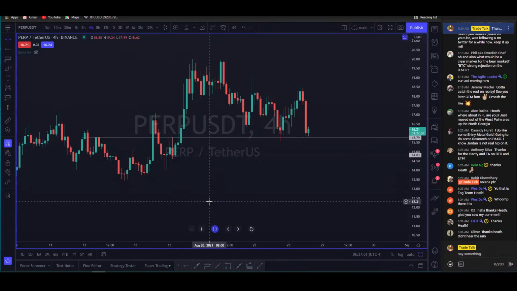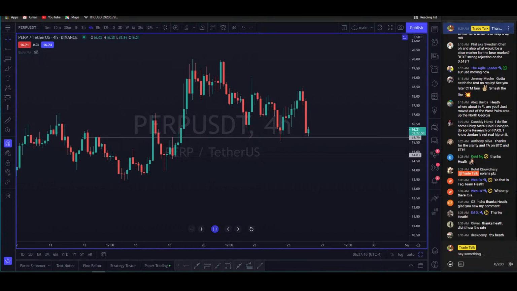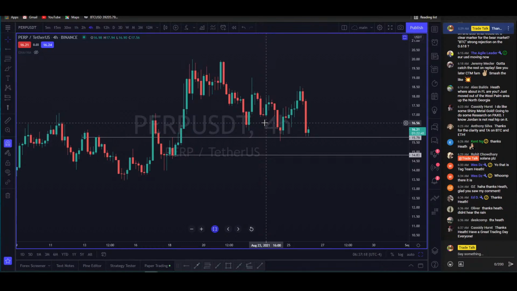But those are going to be the main things that we're watching today. And just keep an eye on them. We're definitely looking to see if it wants to roll over for short side continuation. If you get a bounce above that crucial level of resistance, you're definitely not looking for any entries, all right? It'll be a sit on your hands day. Nothing I really see on crypto right off the rip that I want to take a position on right now. If I do find something, I'll let you know by posting on Twitter or whatnot in one of the chats.